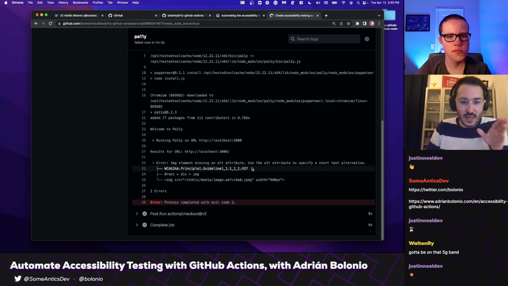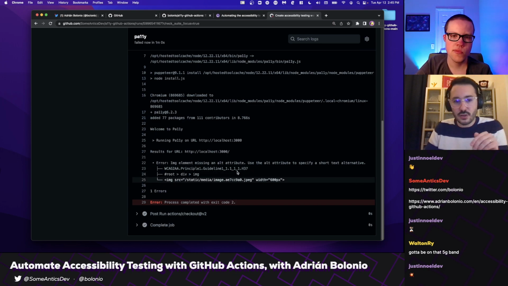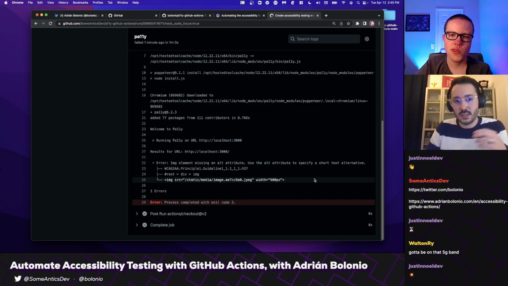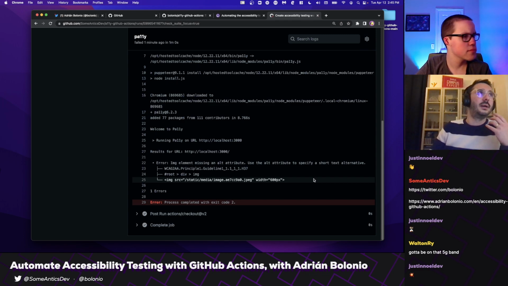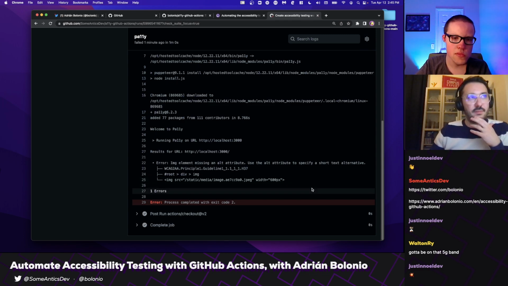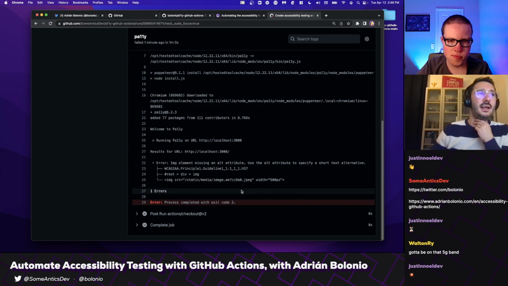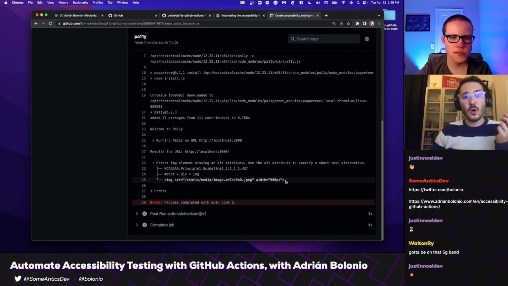So the H37, we can see this here. Then we have the DOM structure, and we have the specific image element. This is what we have from the Pally example, right? If you go back to the pull request,